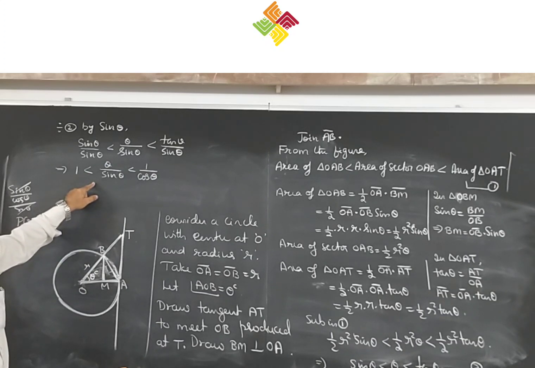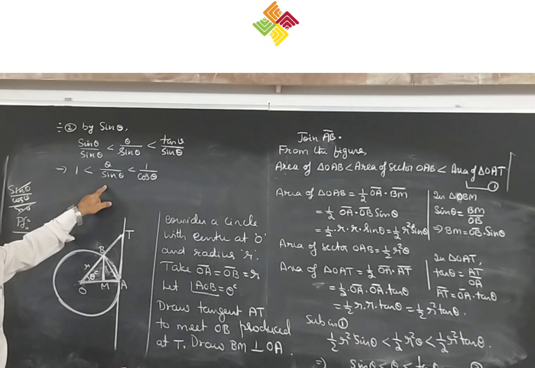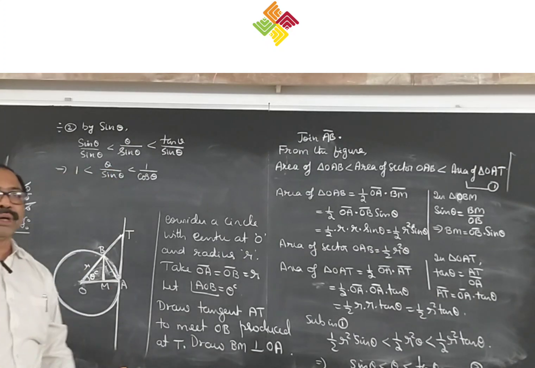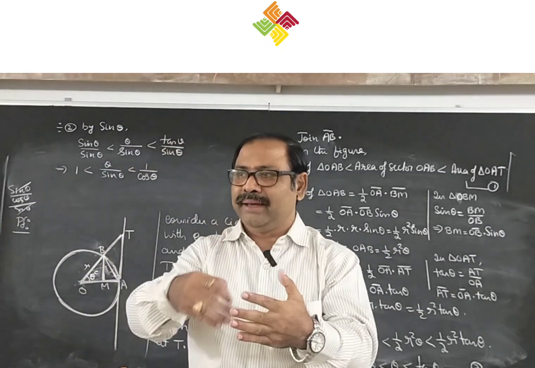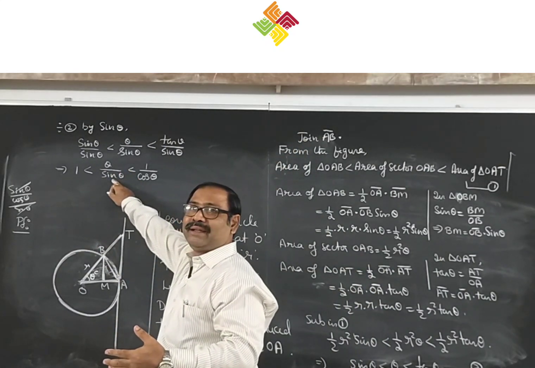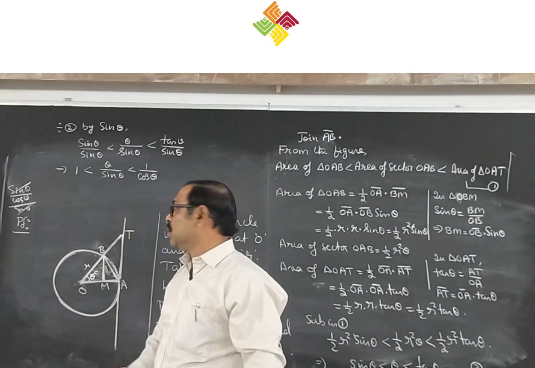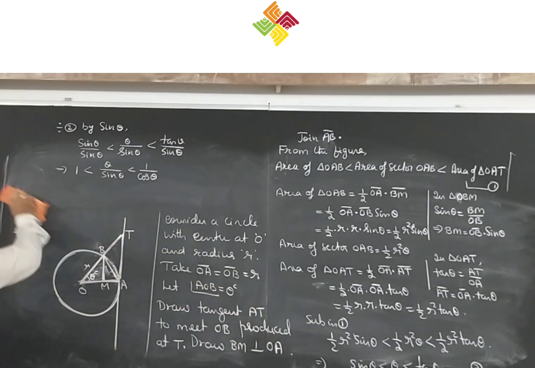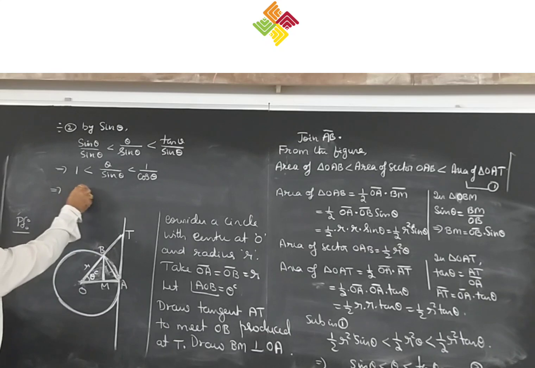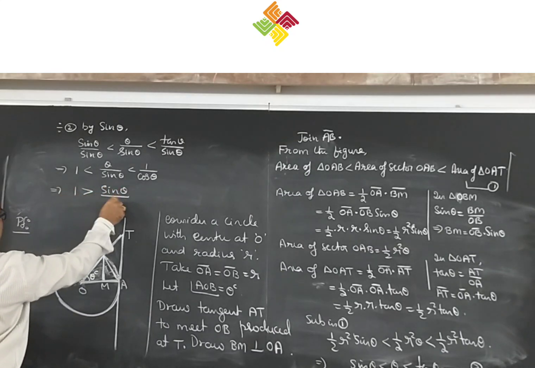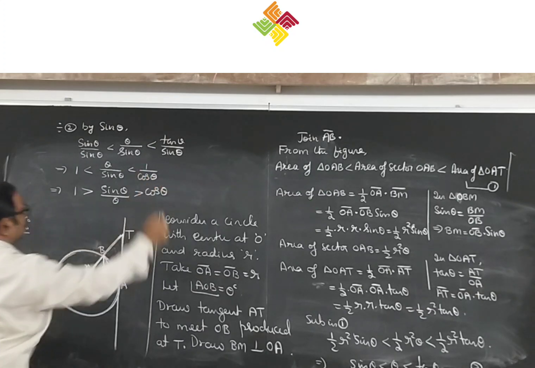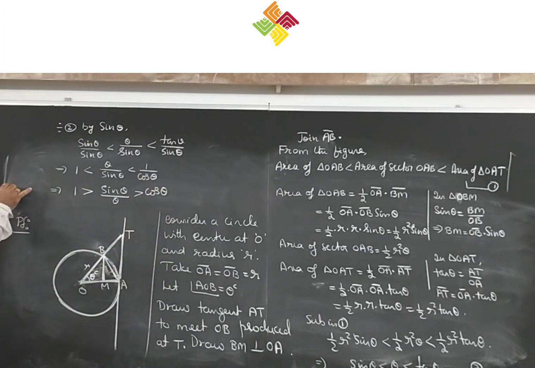Now, once again you read the given result. Limit theta tending to 0, sin theta by theta. But what you have here? Theta by sin theta. Okay? So we need sin theta by theta. But what is given here? Theta by sin theta. So you have to take the reciprocal. Taking reciprocal, that is 1 greater than sin theta by theta greater than cos theta. See, you can always write 2 less than 3, correct no? But 1 by 2 is greater than 1 by 3. When you take reciprocal, the inequality changes.